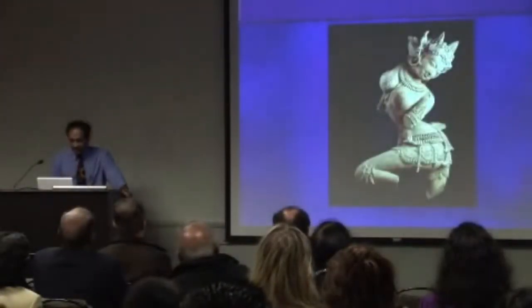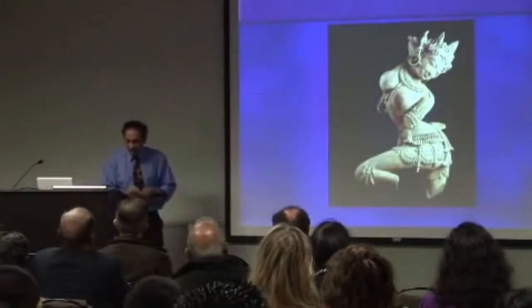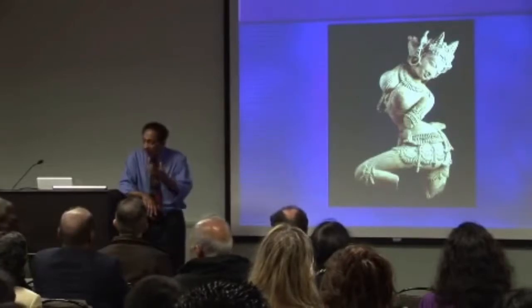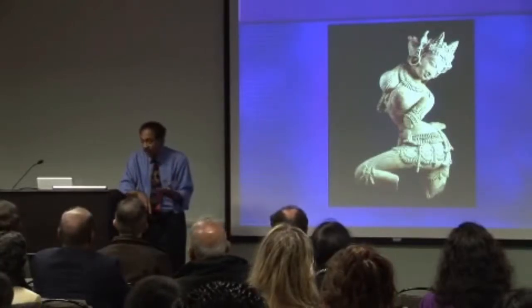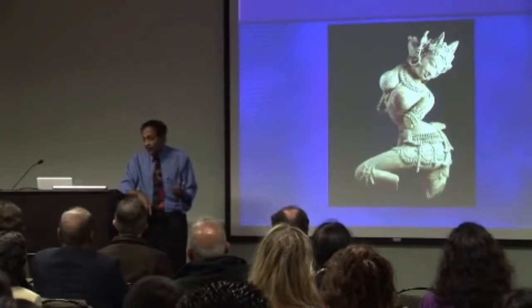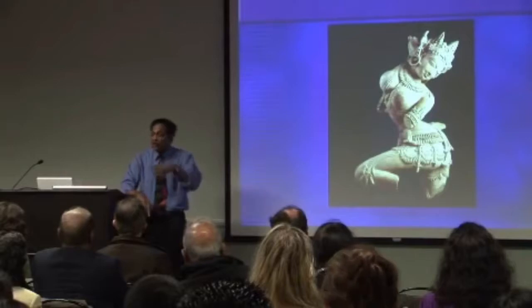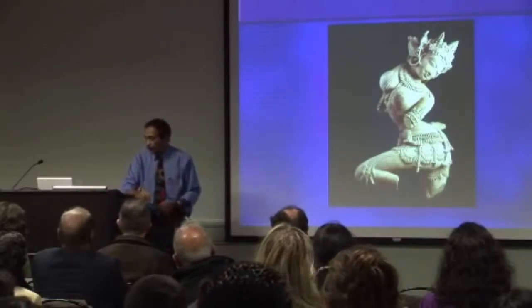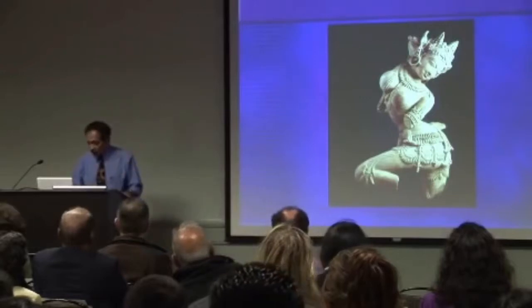Okay, then you say, well, this is all fine, Dr. Ramachandran, but what about abstract art? What about Rodin, which is sort of semi-realistic, it's not even realistic? What about Henry Moore, which is not realistic? How do you begin to explain a Van Gogh, or a Miro? How do you explain these types of art using your model? Because there's no realism there. Well, I can give it a shot.